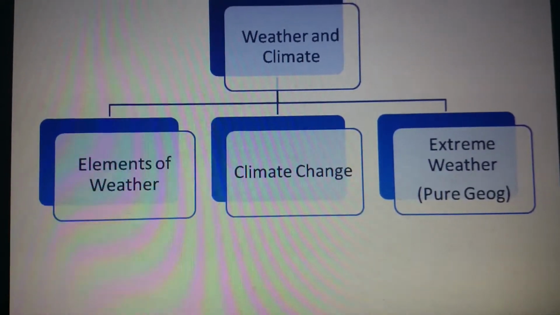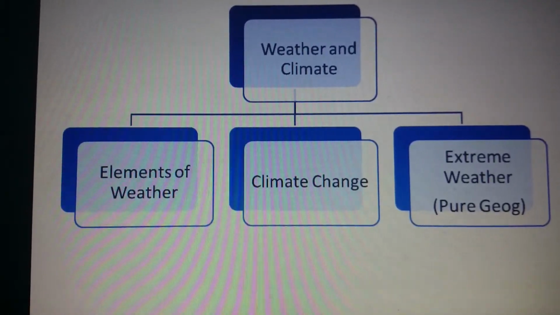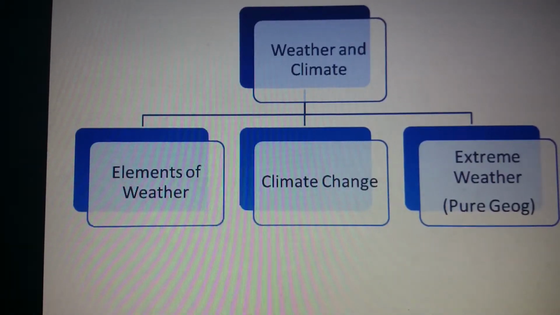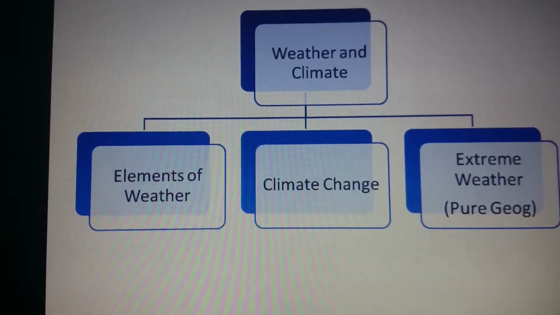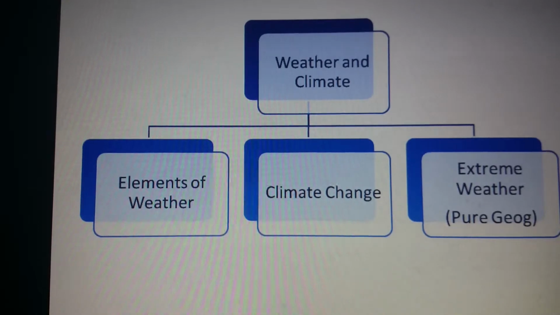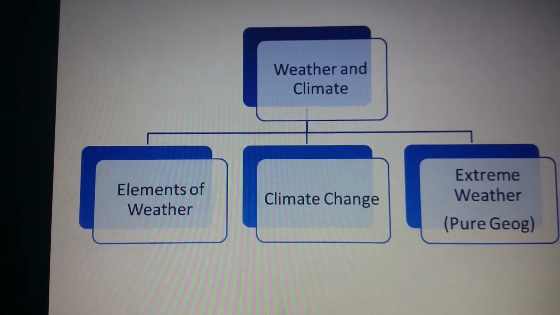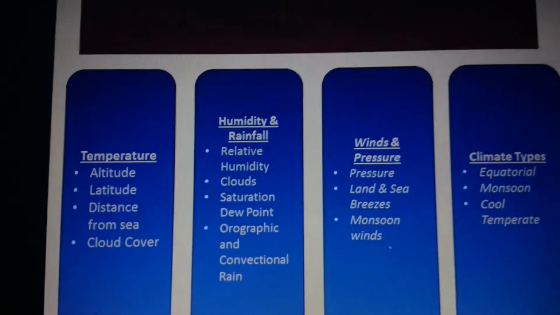Okay, this is the summary of weather and climate. Right, basically this encompasses the elective geography as well as the pure geography. Weather and climate, three main branches, elements of weather. You have to consider climate change, and for the pure geog students, you have to consider extreme weather as well. First one,